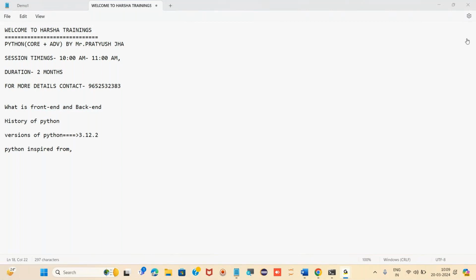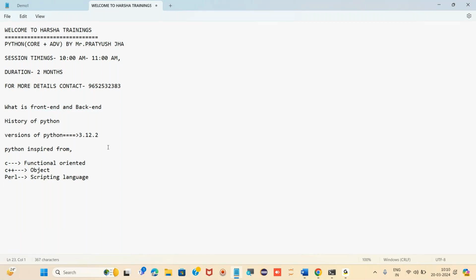C for functional oriented and C++ for object oriented, right? Also, we have something called Perl, that is a scripting language.